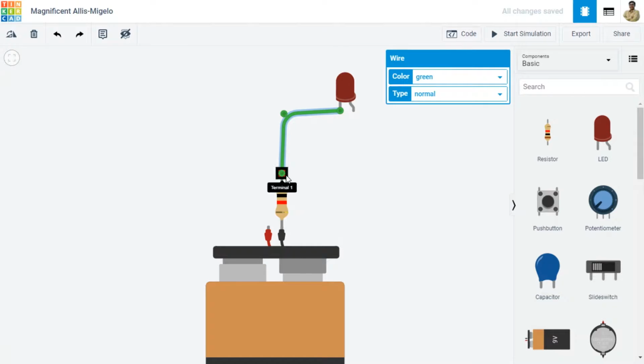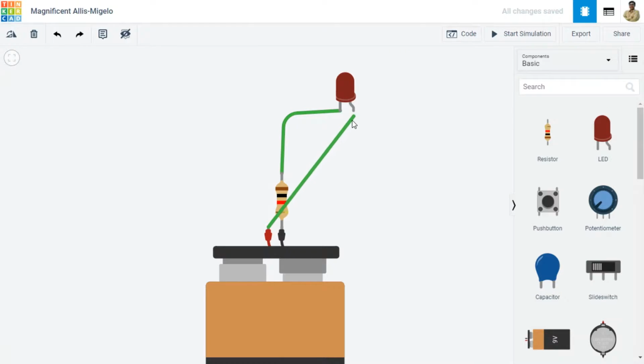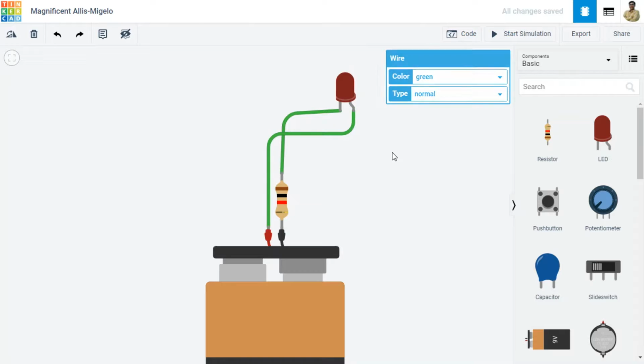If you remember, earlier when I was dragging my mouse, there was no bend, and conveniently I made a bend when I was connecting this resistor to the cathode. How did I do that? You can keep on dragging your mouse. A vertical or horizontal line will come as a reference to tell you whether you are going perfectly horizontal or perfectly vertical. Keep going, and wherever you want to make a bend, just click once and then start moving your mouse again. Click one more time and you can move your mouse again. So this is how you can make wires with bends, and you can select the color.